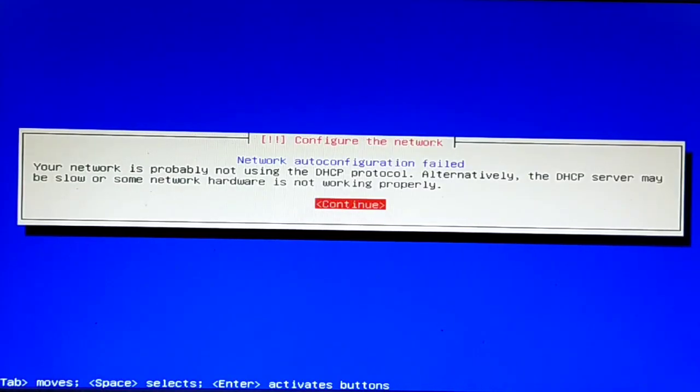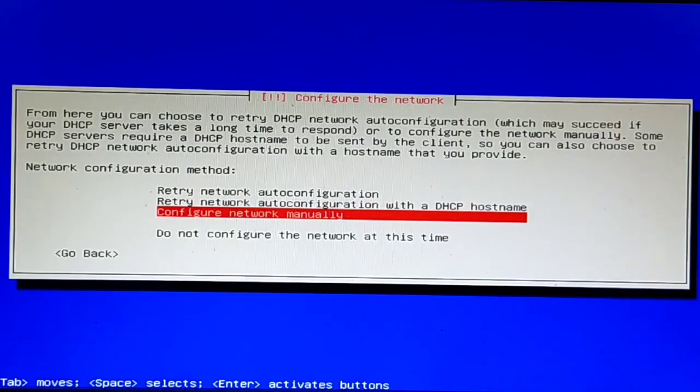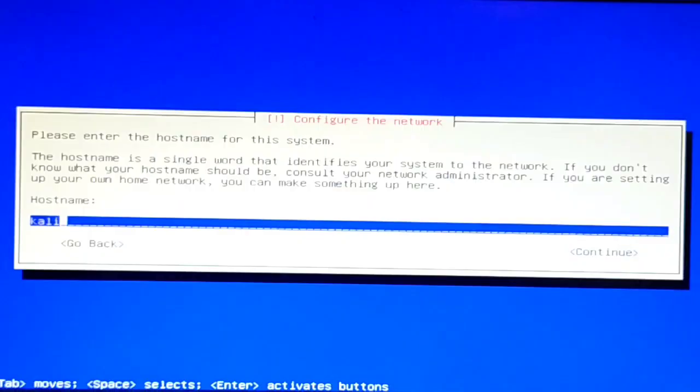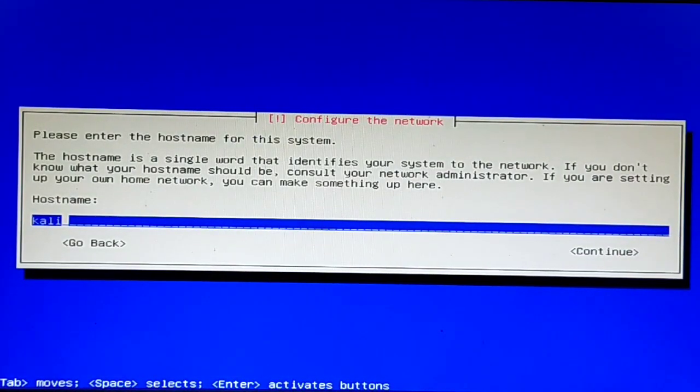Click on no. Click continue. It failed network configuration. Click on do not configure the network at this time and press enter.